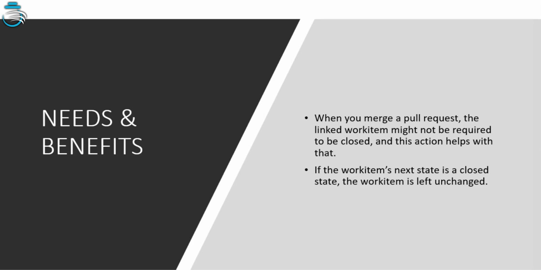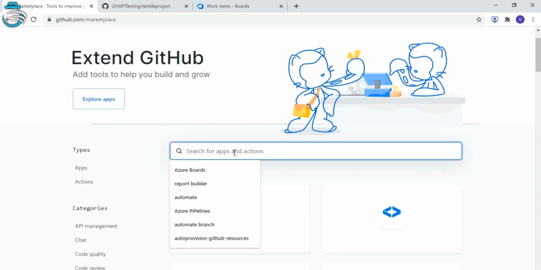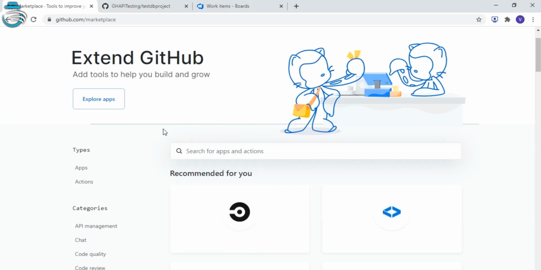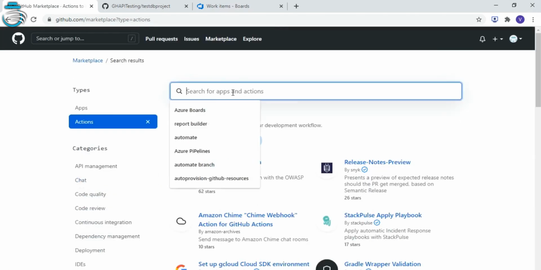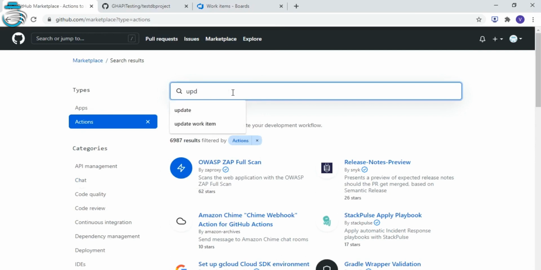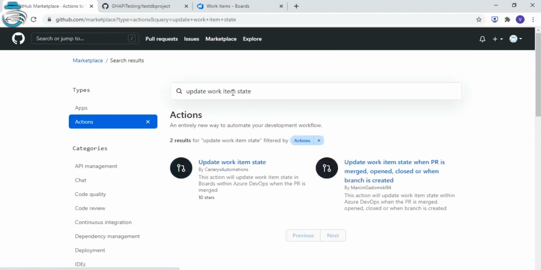Now let's see a demo of the tool. So how do you get this action and more details on it? How do you search for it in the marketplace? Go to the GitHub Marketplace, select Actions from types, and type update work item state and search for it.